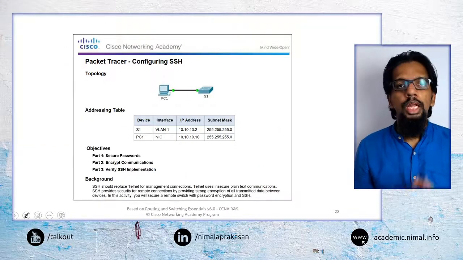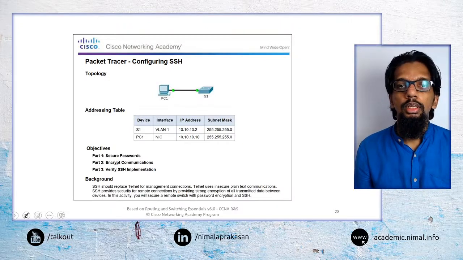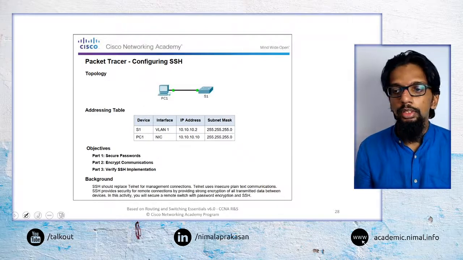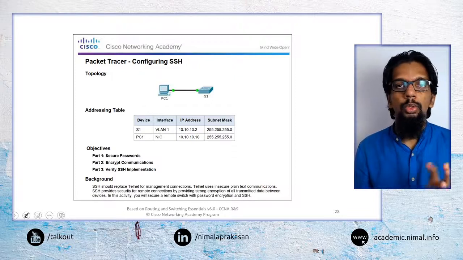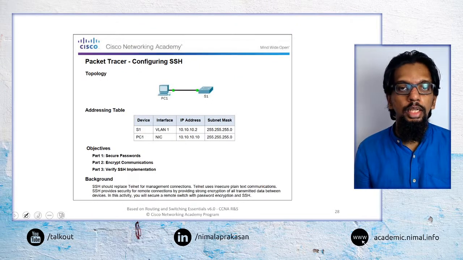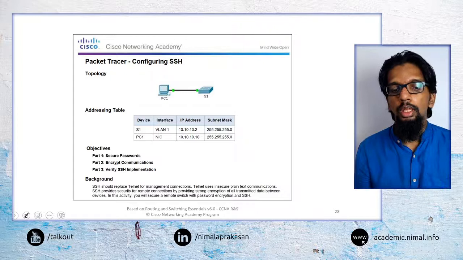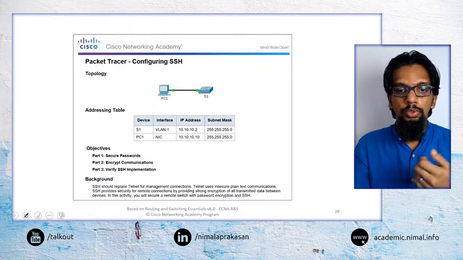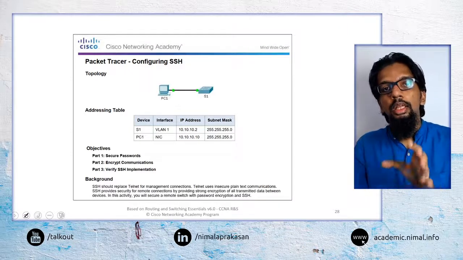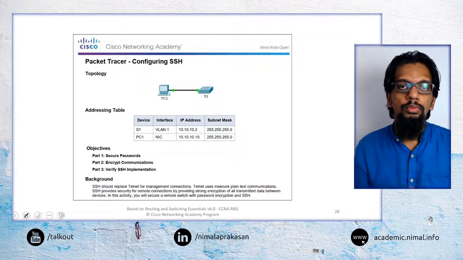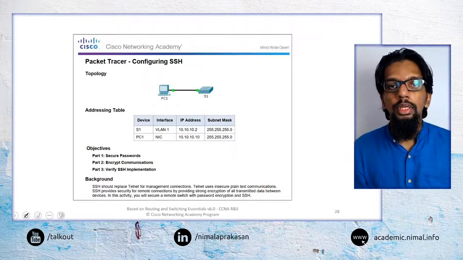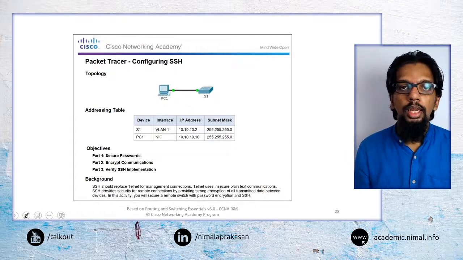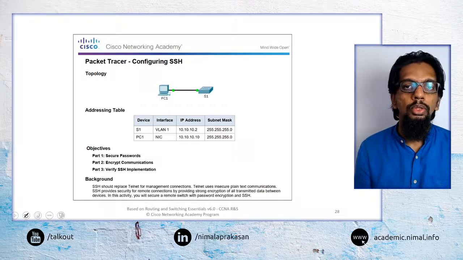So that's all that we have to discuss in terms of configuring switches. Today you have a number of packet tracer activities associated with this lesson. One is about configuring SSH, which is needed for any sort of networking configuration, so some understanding of how to do SSH configurations is really useful.